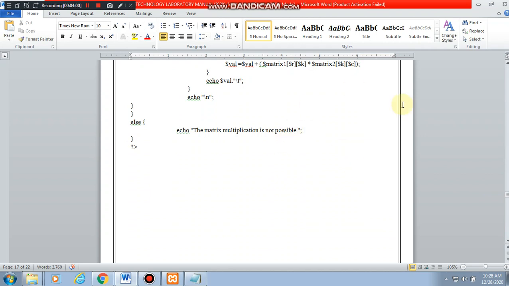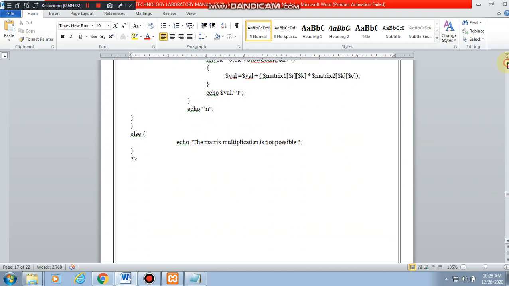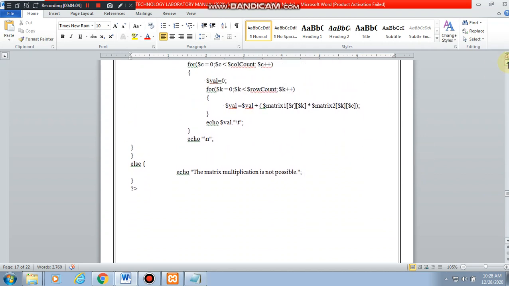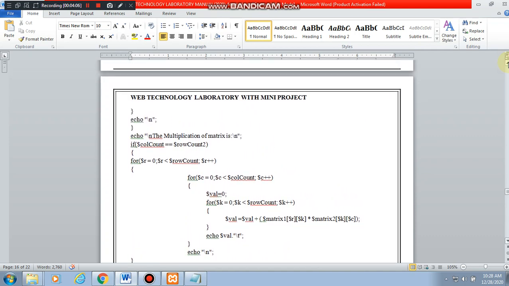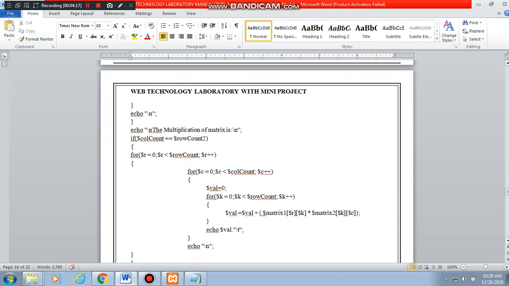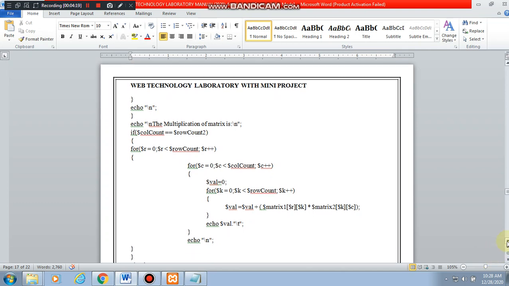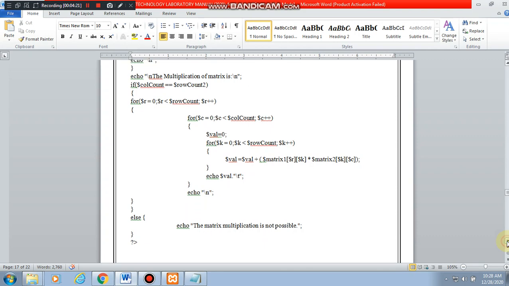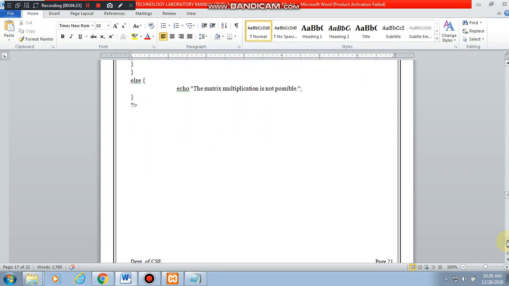Otherwise, if the order is not matching, you are displaying that matrix multiplication is not possible. You know that number of columns in A should be equal to number of rows in B. So that you are checking initially. If it is not, you are displaying that matrix multiplication is not possible. Otherwise you are doing a simple calculation of the matrix multiplication as well.